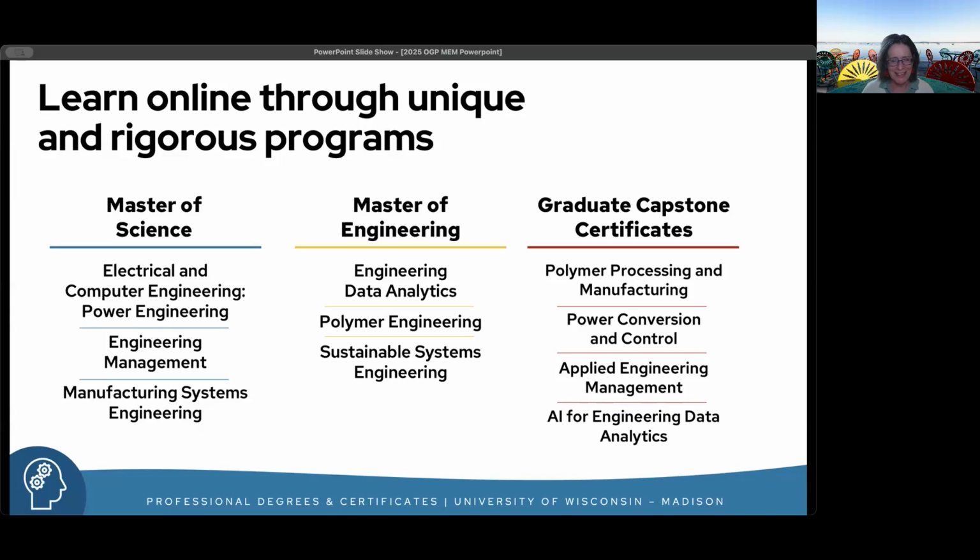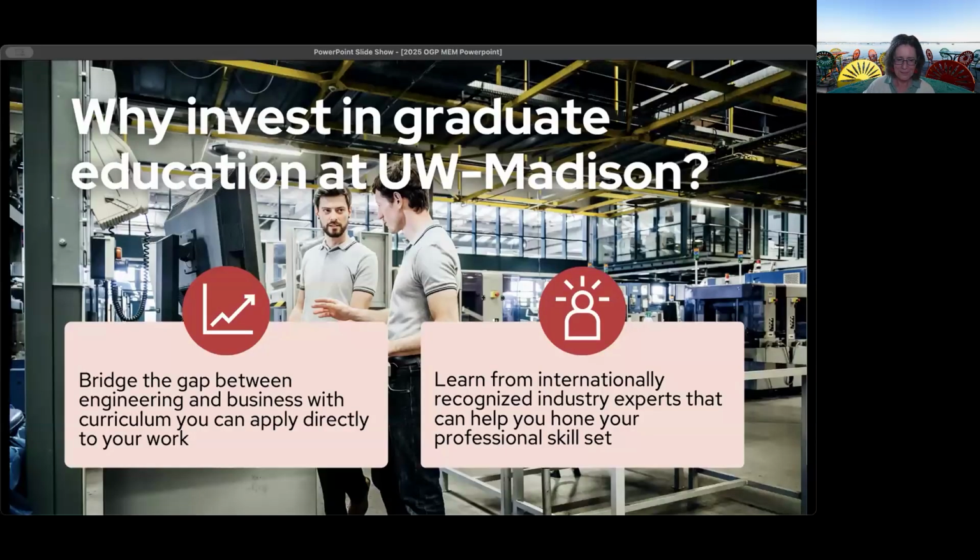As I mentioned, we're going to focus on engineering management today. Getting your master's degree is a great way to take that next step in your career as you're trying to get to that next level. And the engineering management program in particular is going to bridge that gap between both business and engineering. It's a great option for those who want to grow into leadership positions in their company, really focusing on the engineering side of the business. It will give you both components to help you be successful. And many times we call this the engineer's MBA, if you've heard that term. They are referring to the engineering management program.